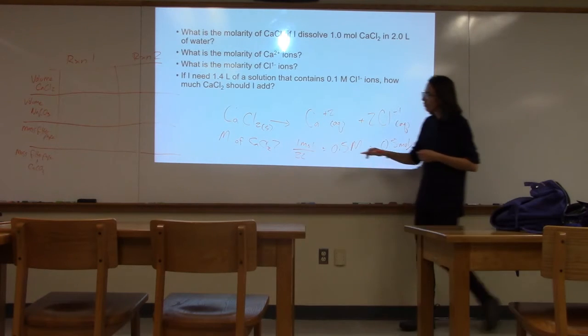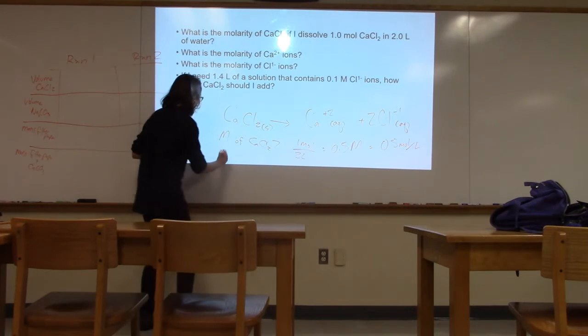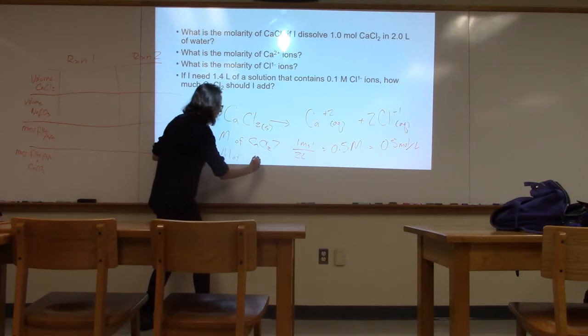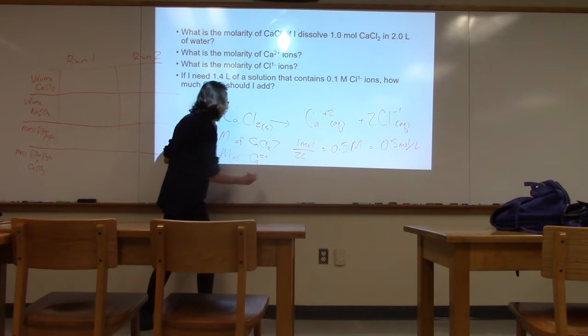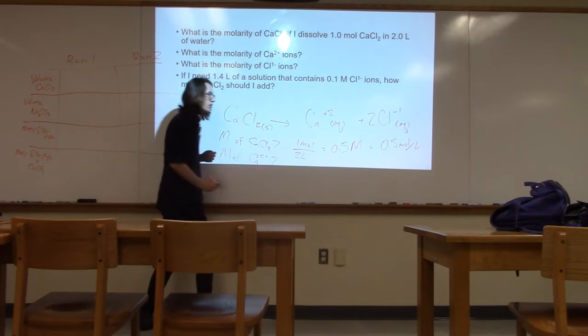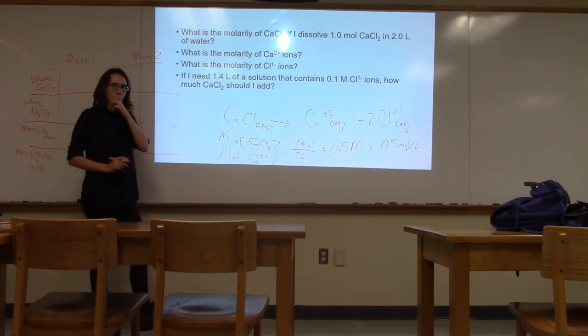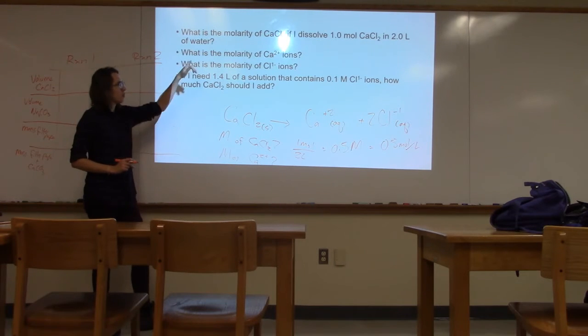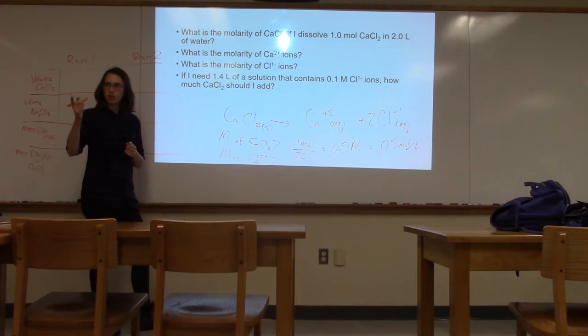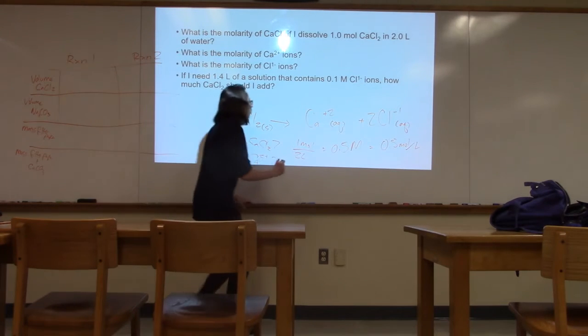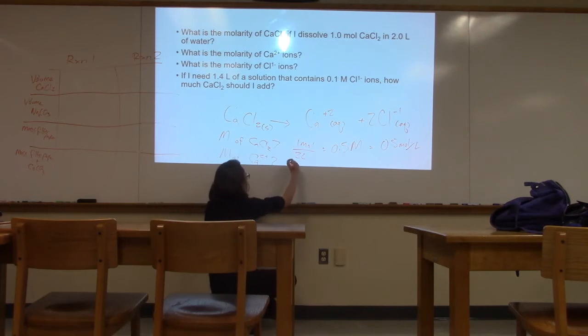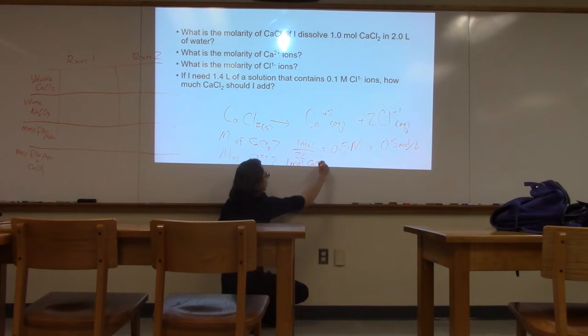All right. Now what if I want to know the molarity of the Ca2+ ions in the solution? I know I have 1 mole of calcium chloride. You put 1 mole of calcium over 2 liters. Let's say, I'm going to do it the long way. 1 mole of calcium chloride for 2 liters